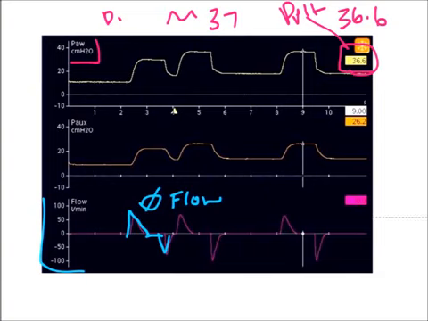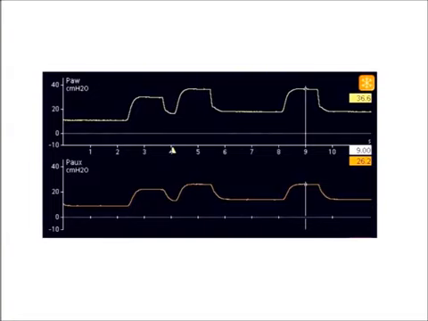But this is a good slide. I wanted to demonstrate something else. Here's another waveform here. It's a pressure waveform, and this is an auxiliary pressure waveform. And I'm just going to compare the two. So I have my normal pressure and auxiliary pressure. And this auxiliary pressure is actually from an esophageal probe going down. So I can look at esophageal pressures and get a more ideal reading of what's actually happening in the airways,